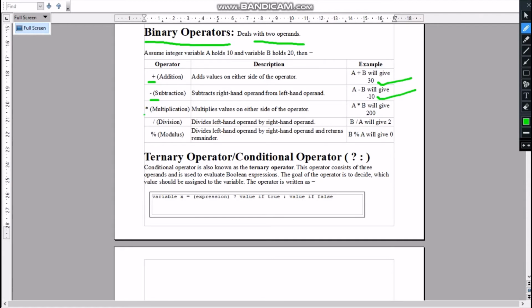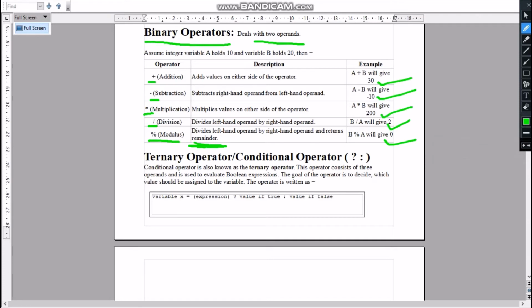This multiplication sign, that is star sign, will give you the product, that is 200. This division sign will give you the quotient, that is 2. Here this modulus sign gives you the remainder, mind it. So here if you divide 20 by 10, the remainder is 0.